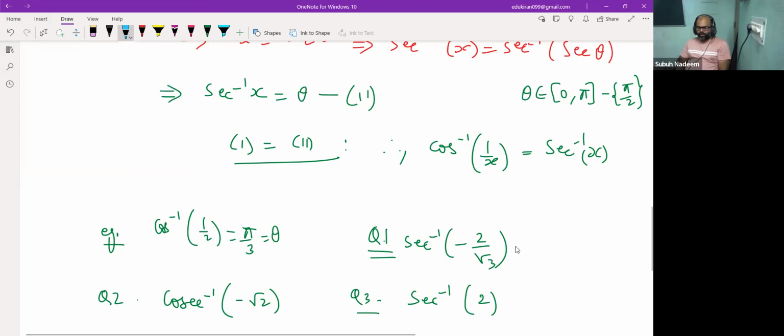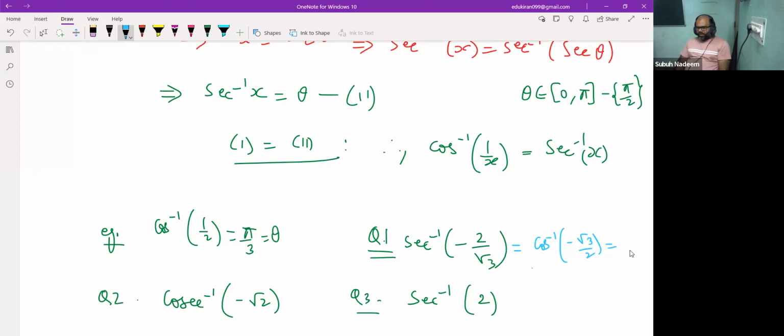So one thing which you will do is first apply the property. So sec inverse minus 2 by root 3, if you see, generally we don't remember the trigonometric values of sec and cosec. We remember sine and cos. So we can write it as cos inverse of minus root 3 by 2. So we'll take the reciprocal. 1 by x becomes x, or if it is x, it will become 1 by x. So we'll write minus root 3 by 2. Now,